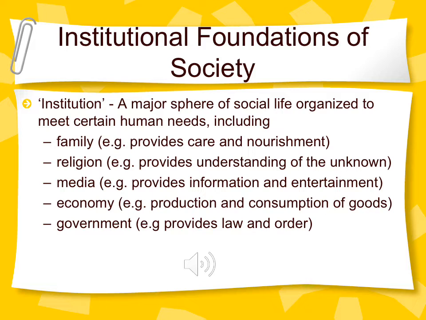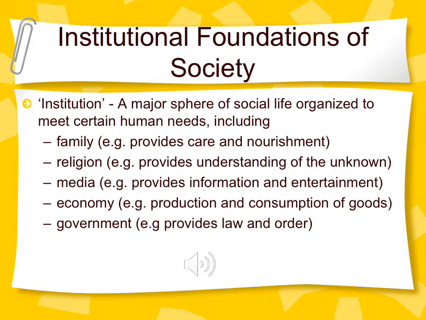So, looking at the family as an example, the parent and the child have different roles and responsibilities. The parent is supposed to provide care and nourishment for the kid. Then we can look at perhaps how children in families have other roles and responsibilities, such as doing certain chores inside, outside the home. Within religions, we have different religious leaders that carry different roles and responsibilities. Media, you have writers, producers. So again, everybody's kind of playing out their own role and responsibility attached to that role that ultimately makes up a division of labor and organization